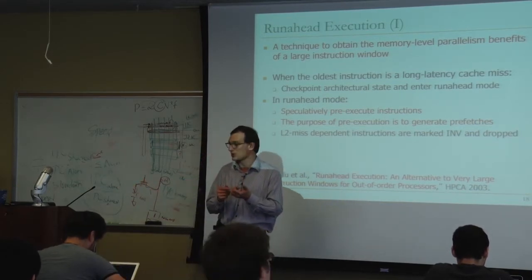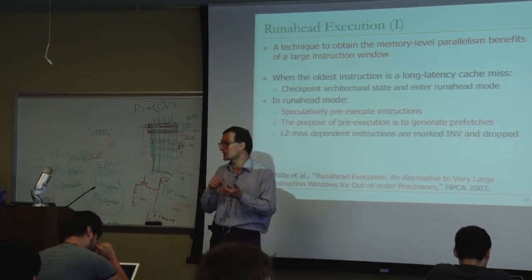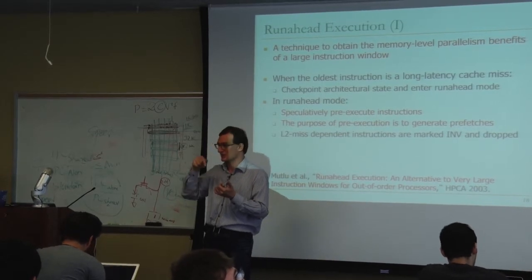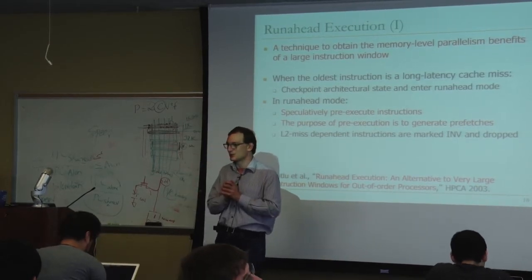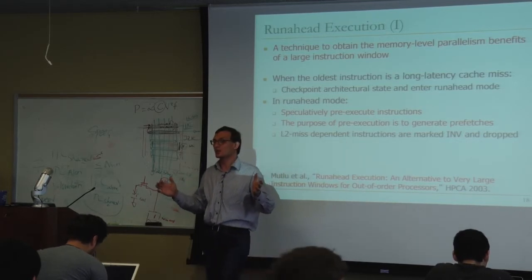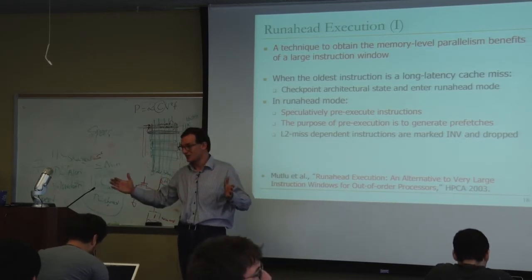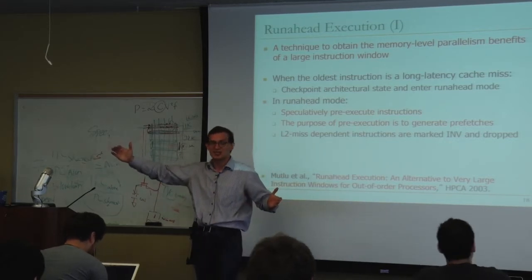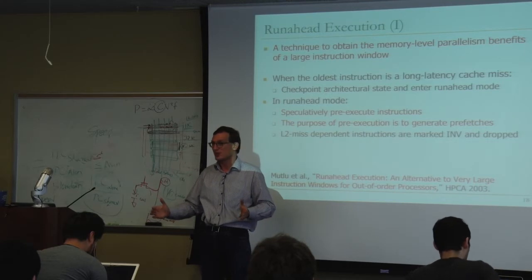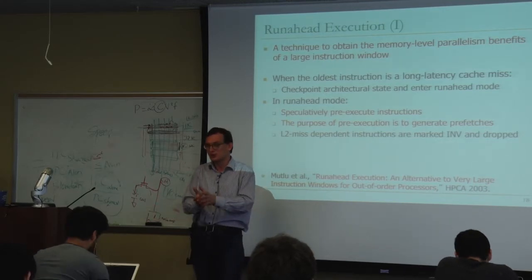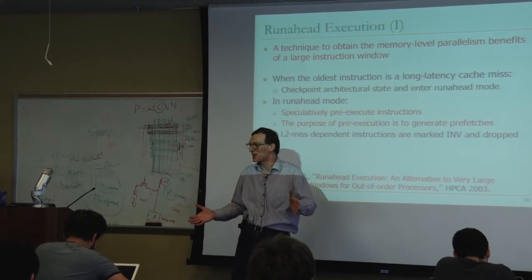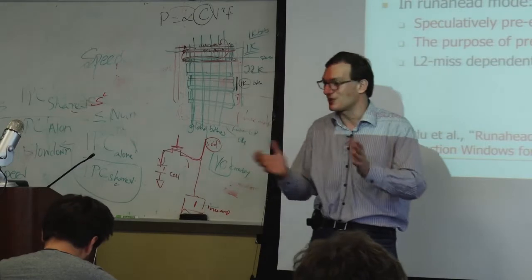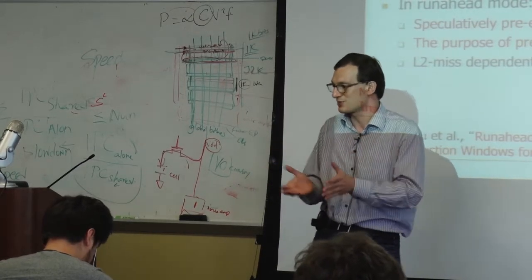You put an instruction into the reorder buffer when it's decoded. You take it out of the reorder buffer when it's the oldest instruction, and it's done. Right? So the reorder buffer stores control state for all of the instructions that are decoded but not yet retired. But if you want to enlarge the size of this window, it's not enough to enlarge the size of the reorder buffer, because reservation stations, for example, have some instructions that are decoded but not yet retired. So you need to enlarge the size of the reservation stations. You need to enlarge the size of the physical register file, for example.